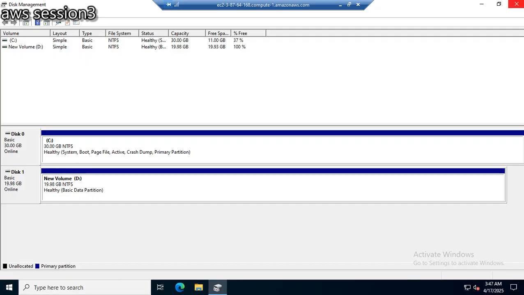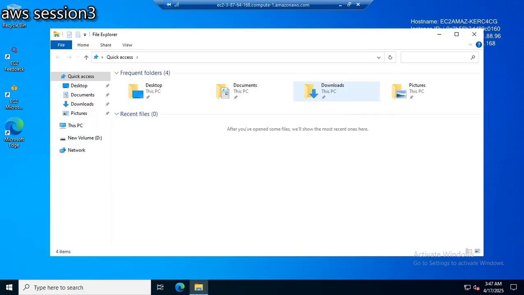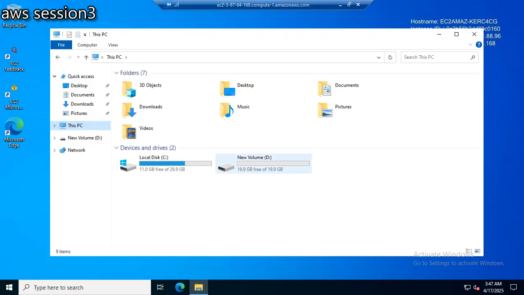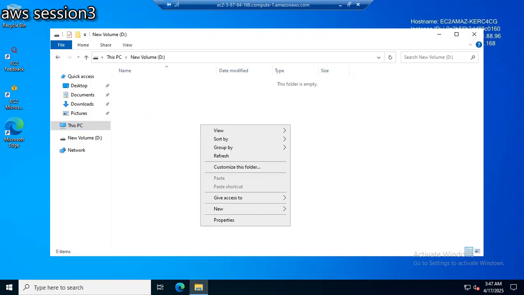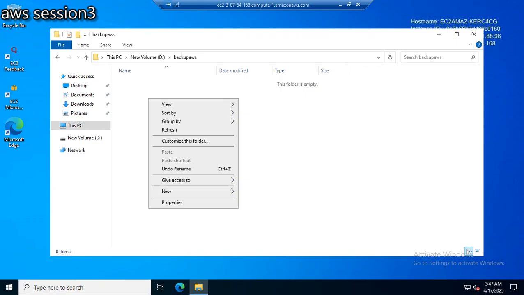So now I've created a disk. To check the disk is created, go to This PC or press Windows E. In This PC, we have two disks. Click on this one, right click, New, Text document.